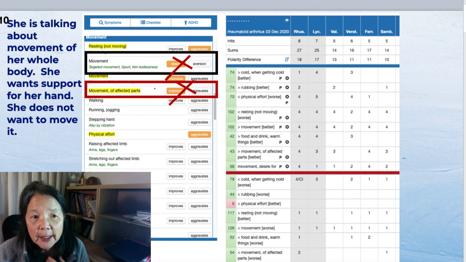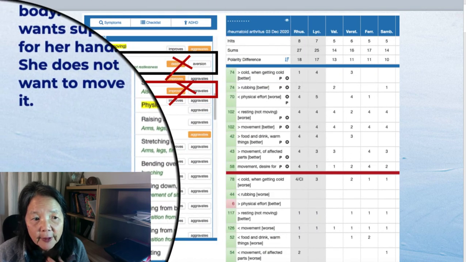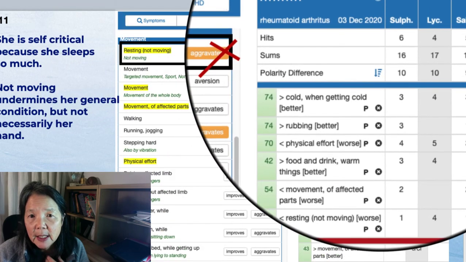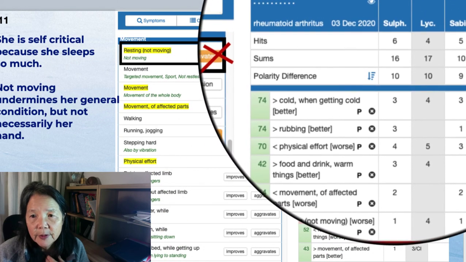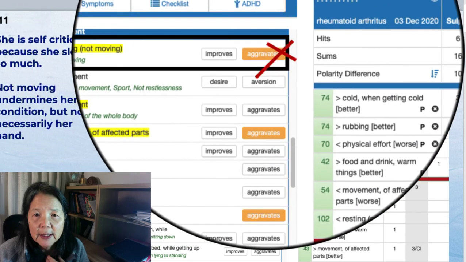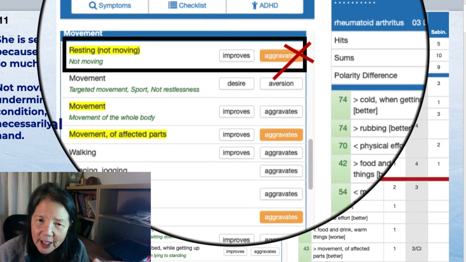And so these are both wrong answers that I have put in there, okay? And so if I remove them, what happens? This is what happens. Sulfur comes to the top. And resting, not moving, aggravates. This is what she's saying. And so